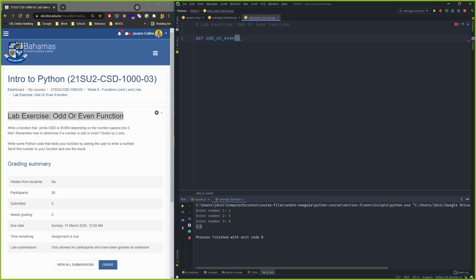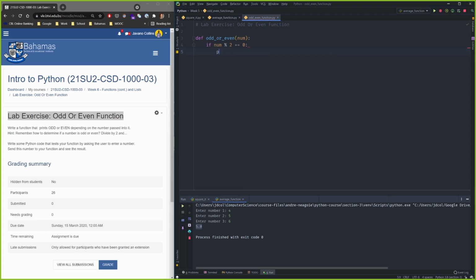And this function is going to accept one parameter. It only needs one parameter. So I'm going to call this parameter num. And inside of the body of my function, I'm going to write an algorithm that checks if the number is odd or even. You already know how to do this. So we're going to use a conditional statement because we need to check if num modulo 2 is equal to 0, meaning the number that's being inputted, if it's divided by 2 and it returns 0, then we want to return,